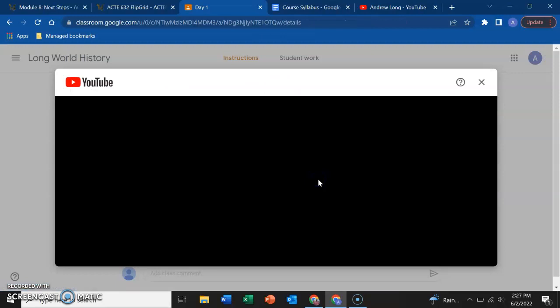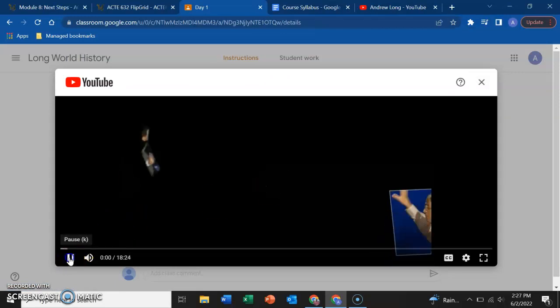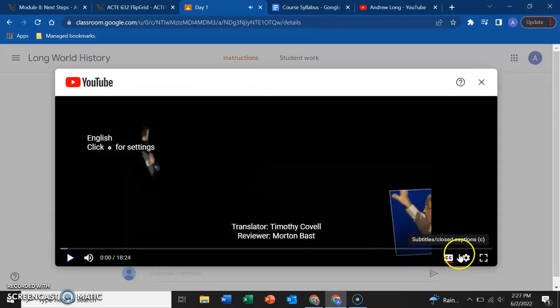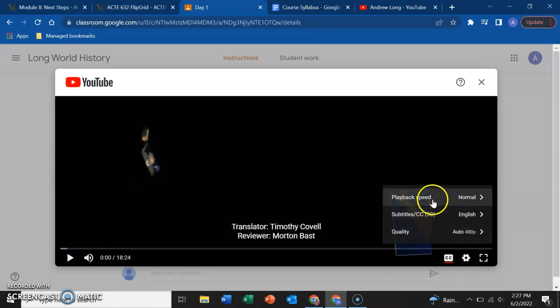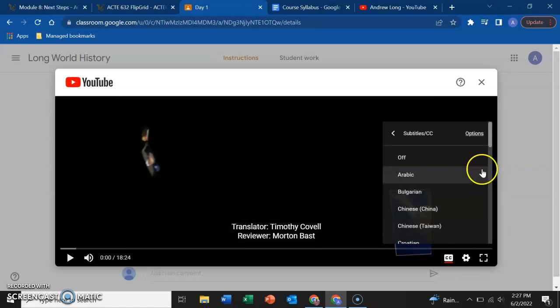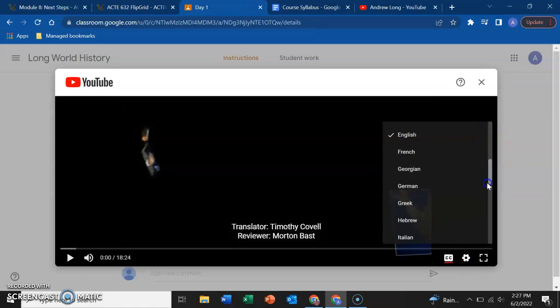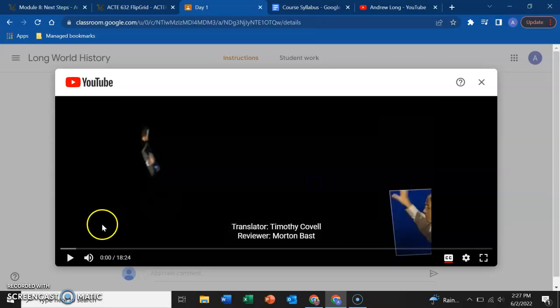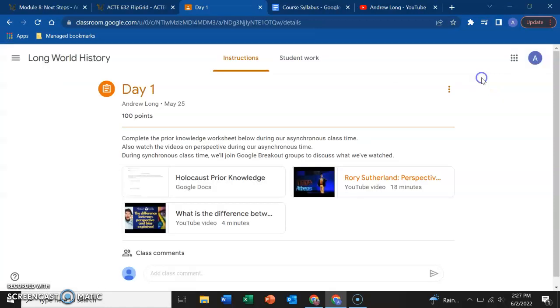Right, so if we open this up, hit pause, you'll see you can turn closed captions on. Settings, as far as language, so if you have English language learners, they can change it to whatever language they're comfortable with, and so on and so forth. Obviously, there's a lot of things you can do for more accessibility, but as far as meeting the accommodations that this requires, I feel like having the videos have closed captioning is a very important step